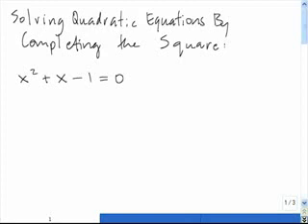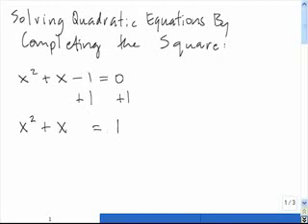The first thing that we need to do to solve this quadratic by completing the square is to bring this 1 over to the other side. We want only the x terms on the left-hand side. The next thing we need to do is take a look at the left-hand side and identify the missing term